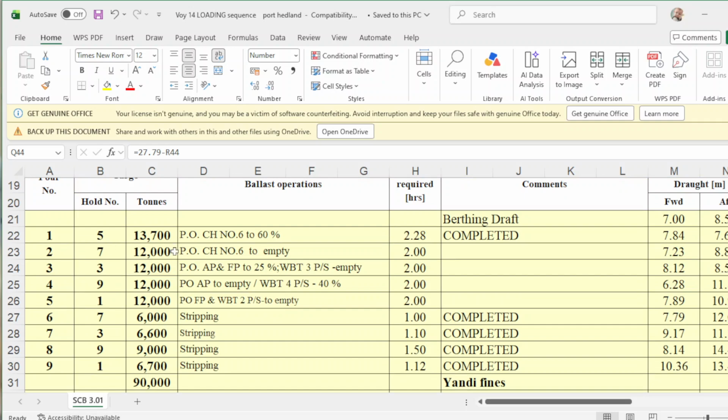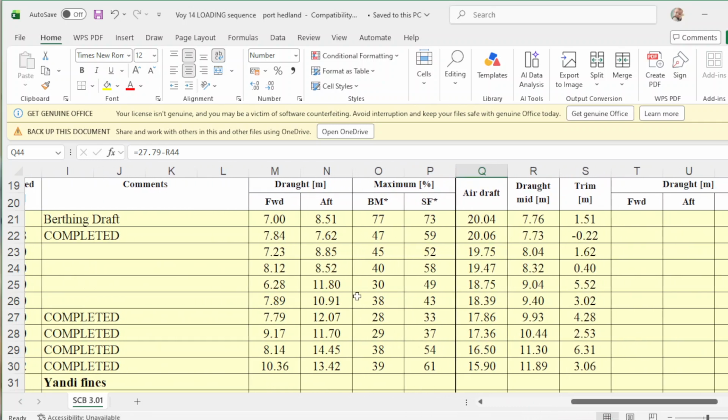In hold number 5 they use pump out number 6 to 60%, which I think is tank number 6, and to empty, and after that the peak tank to 25%, and so forth. Then they have stripping here. So this is the required number of hours for pumping out.